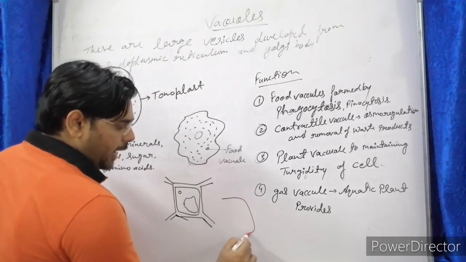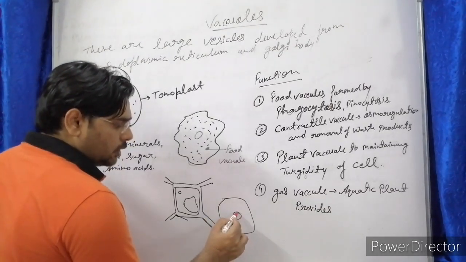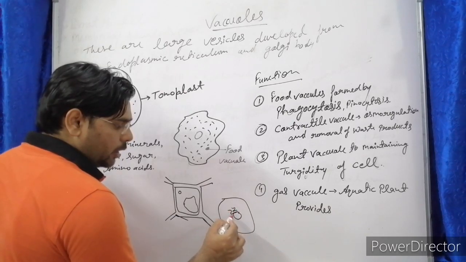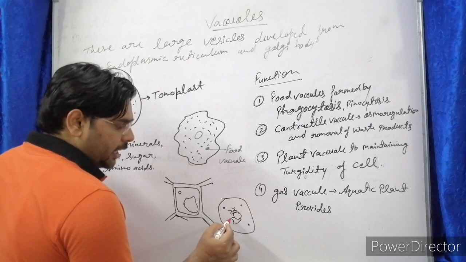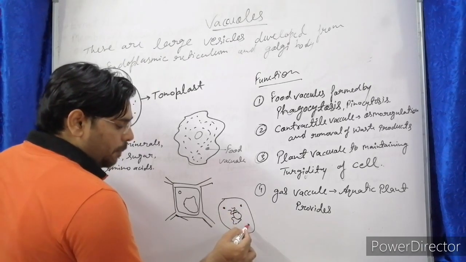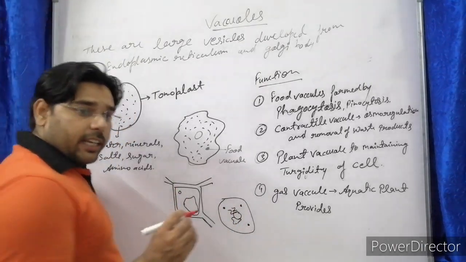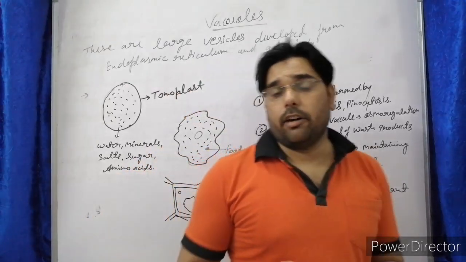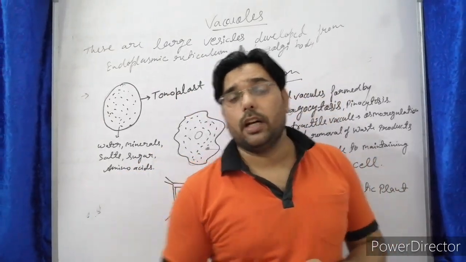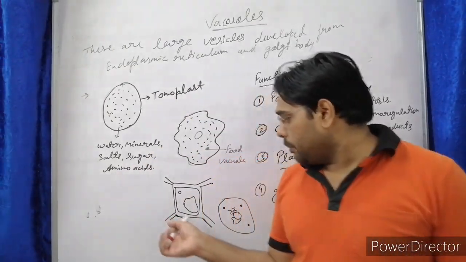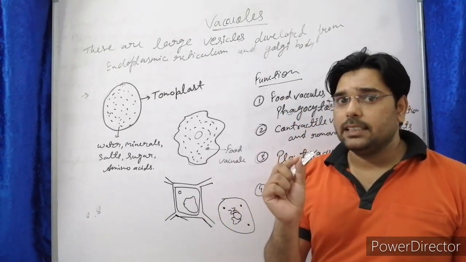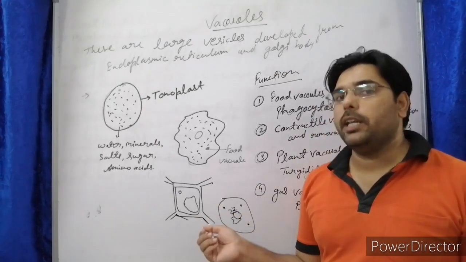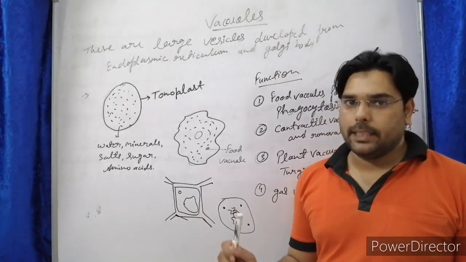Whereas if we talk about animal cell, in animal cell this is the nucleus and this is the endoplasmic reticulum and all. Students, small size vacuoles are present. They are more in number. In plant cell, generally a single large vacuole is present. It covers nearly 90% part of the plant cell. But in animal cell, if vacuoles are present, they are small in size and more in number as compared to plant cell.